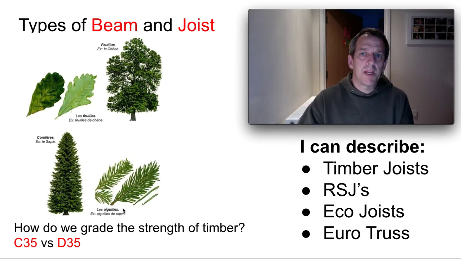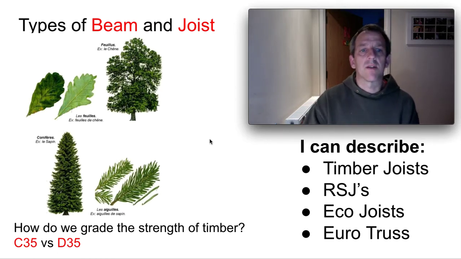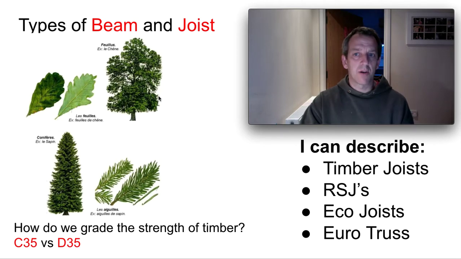So timber joist, timber beam is just a piece of timber, but let's have a look at how we strength grade that. So you should all remember the difference between a hardwood, that is a tree that loses its leaves in the summer, so that's a deciduous tree, D for deciduous, and coniferous trees, C for coniferous. So the C or the D on the timber describe whether it's a coniferous tree or a deciduous tree or a softwood or a hardwood, and then the number quite simply is the strength. The higher the number, the stronger it is, and it relates to the amount of kilonewtons that that piece of